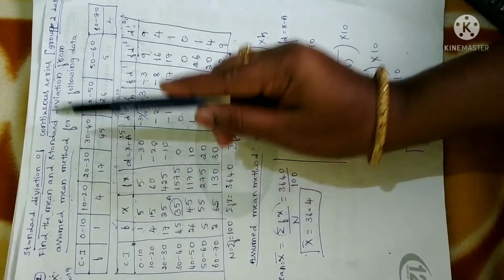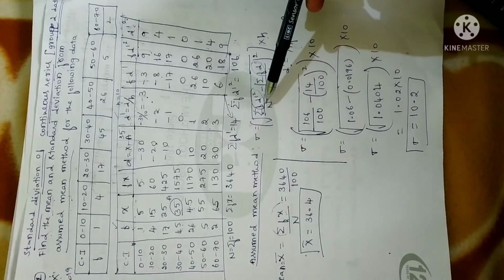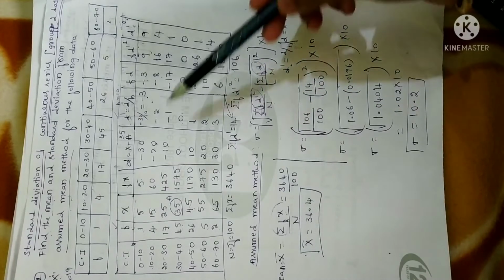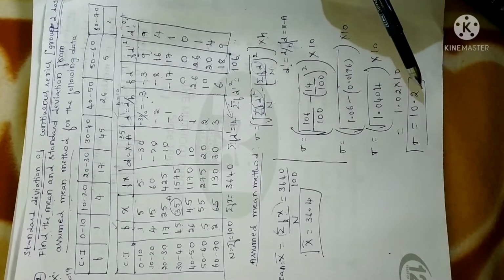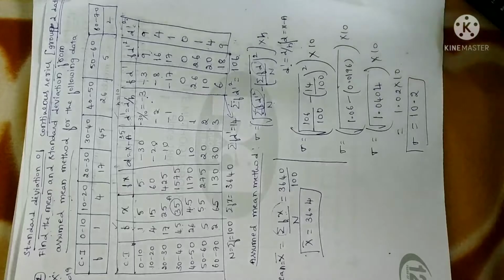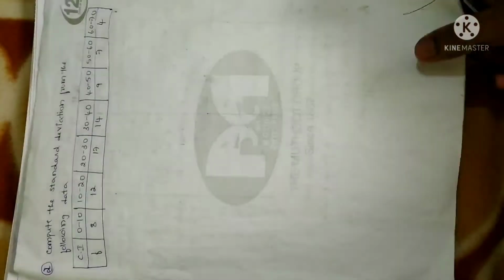We have to use the assumed mean method. So that is why you just write down the formula first. As per the requirement of the formula, you just calculate the terms needed, and then simple substitution and calculation will give us the standard deviation. Clear? Now let me solve one more problem so that you will understand the concept well.